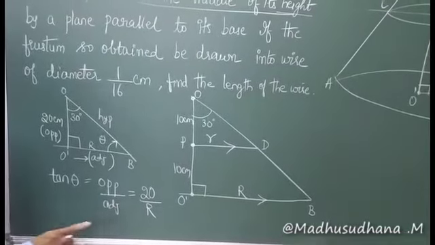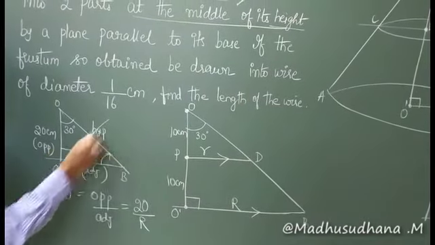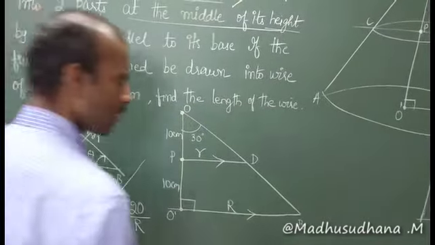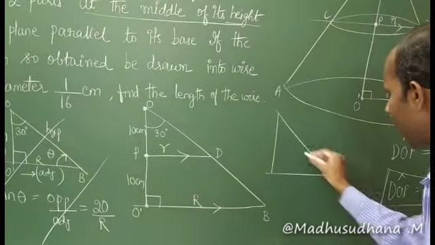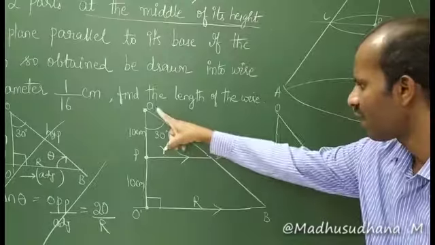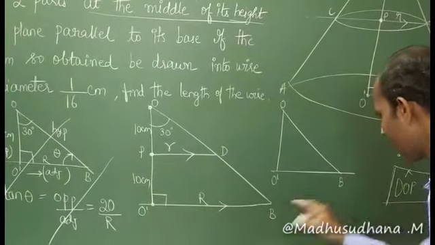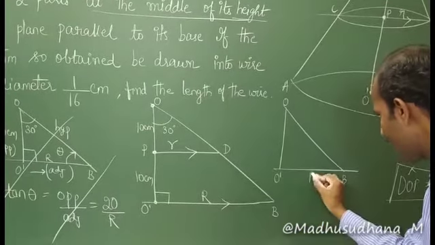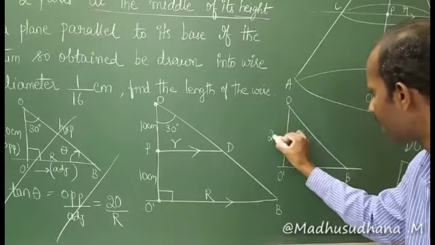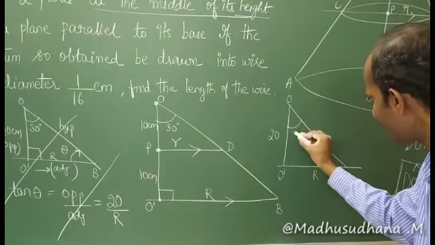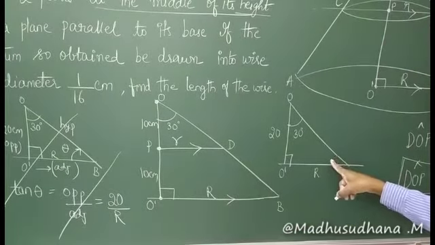So please understand here. Already this angle is given, right? So better we cancel this part. See here, if I have this right angle triangle, and this is my O, and this is O dash here, and this is B, right? This length is capital R, and this total length is how much? That is 20 centimeters, and this angle is already given for us. Followed it? So we need not consider any theta here.